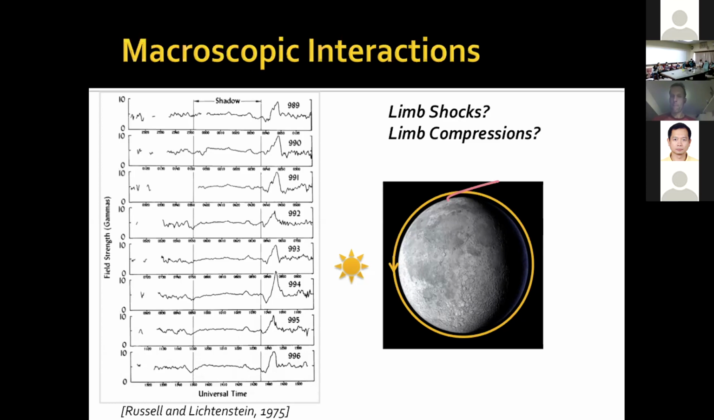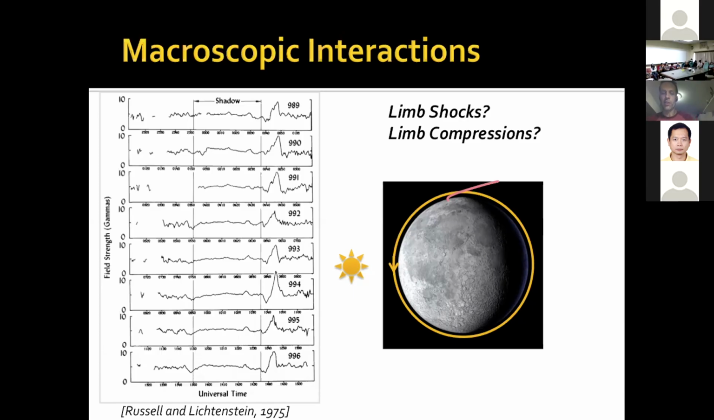Yep. How about the surface charging? The electrostatic charging of the lunar surface. Can you say a few words about it? I mean, that might be related to the space weather effect during solar storm, for instance. Yeah. So